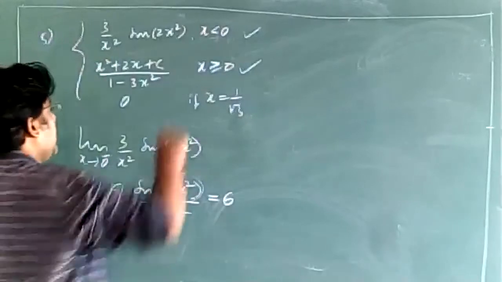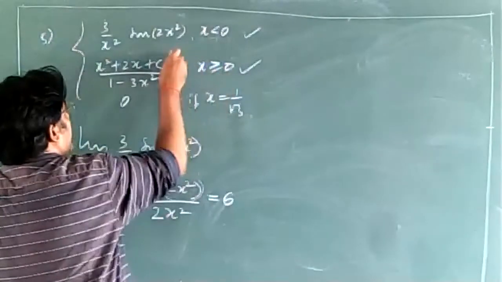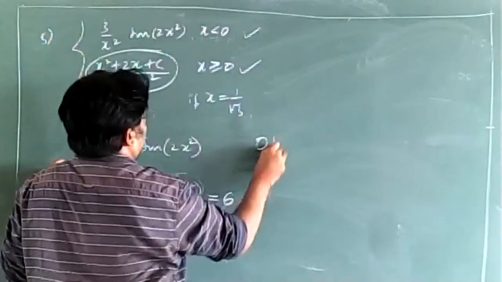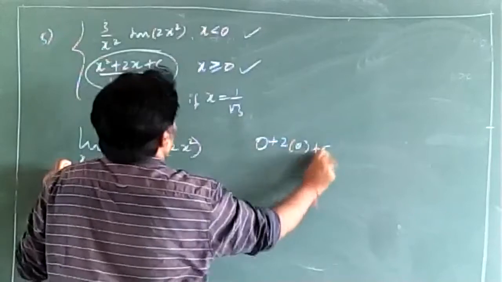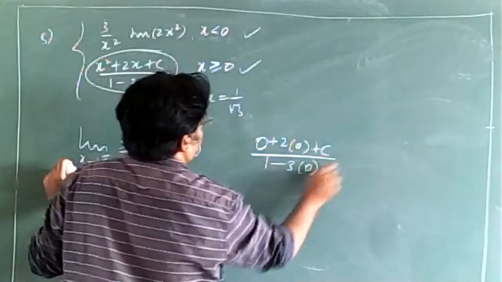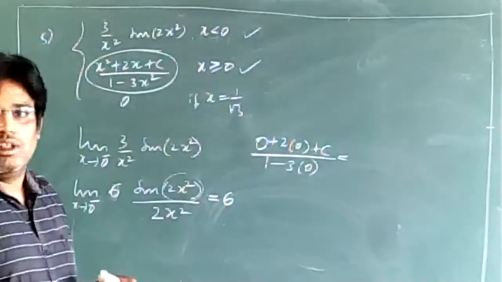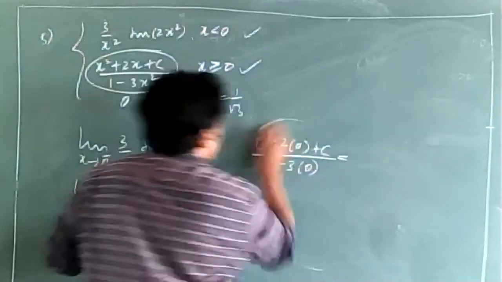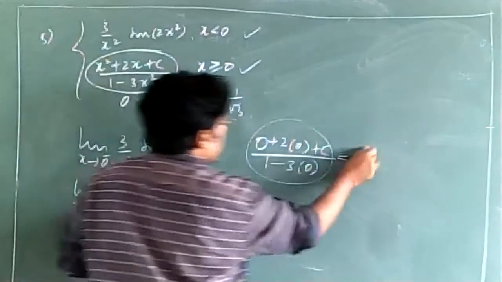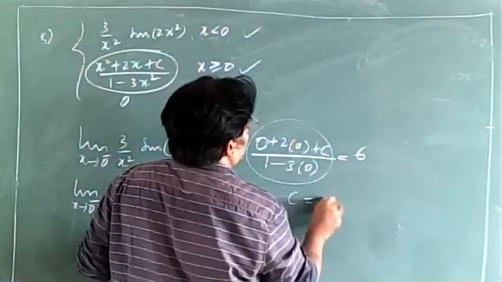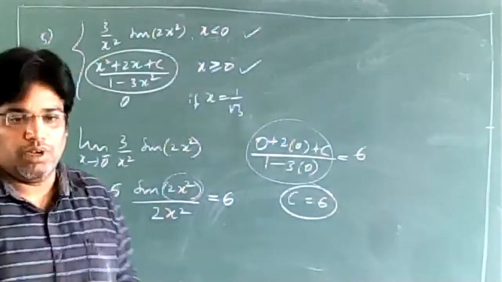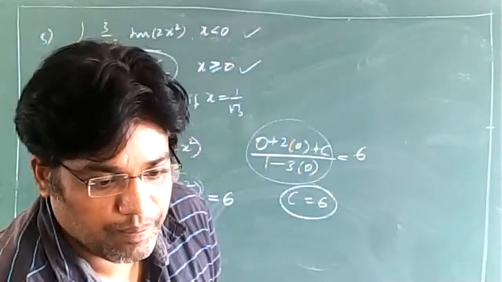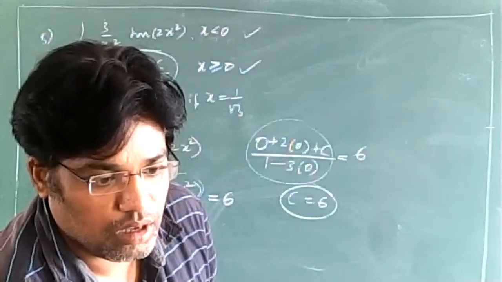Correct? So the right hand limit equal to 0 is the same function. Now, let me just put 0 square plus 2 into 0 plus 3 divided by 1 minus 2 into 0. This is f of 0. The right hand limit from 0 is the same, isn't it, therefore I have taken f of 0. This is f of 0 is equal to the left hand limit, which is 6. Therefore c is equal to 6. No need to solve the right hand limit because the limit value remains the same as the function value. Okay.